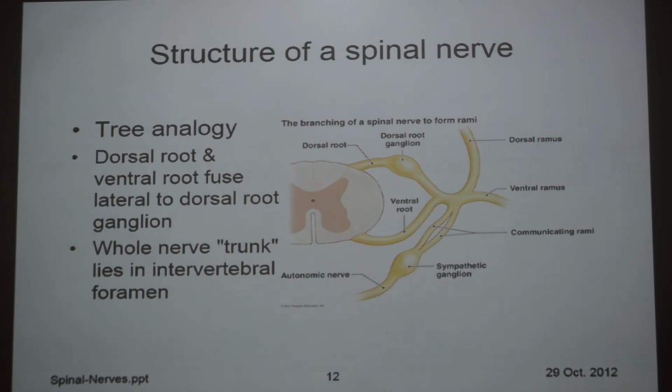Now, the dorsal ramus is going to supply the skin and the muscles at the back. The ventral ramus is going to supply the muscles and the skin over the anterolateral body wall and also